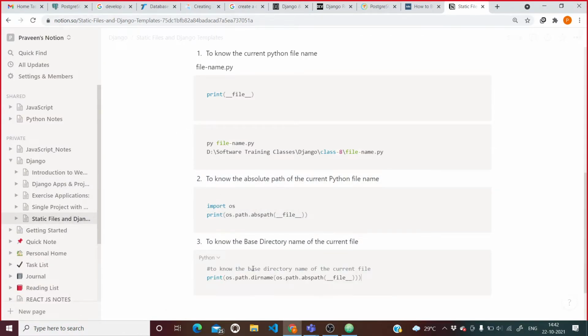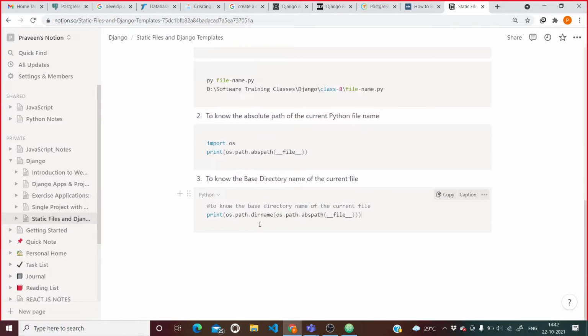Fine. So by using this, we can know the current directory of this particular file. After that, the fourth thing is that I will take one example.